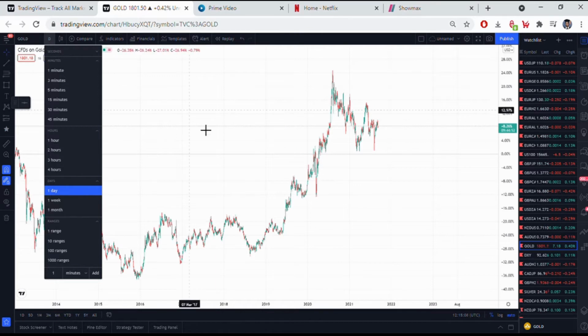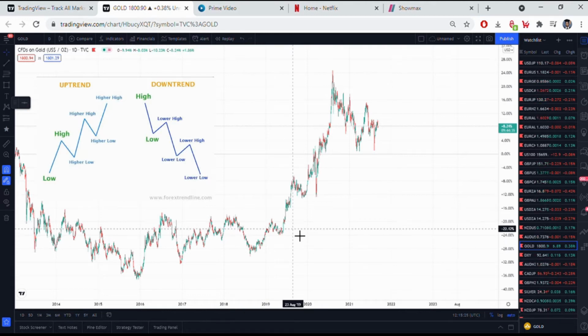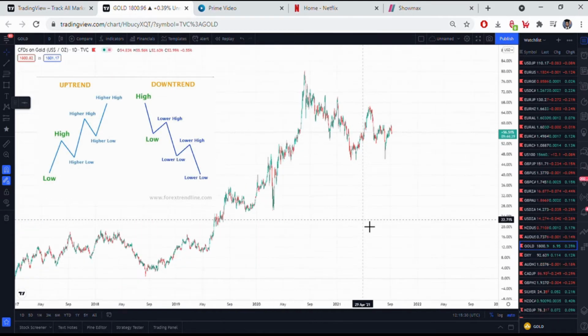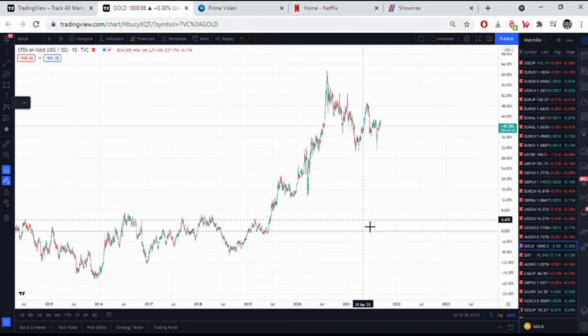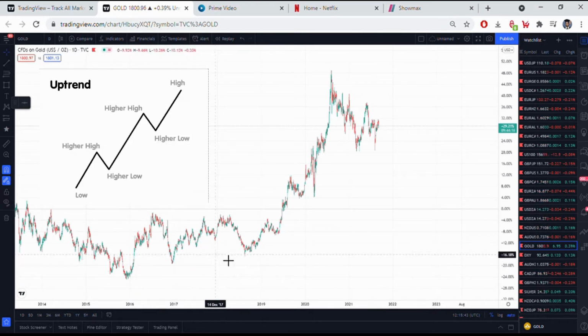Now, I've been following gold since last year August. Yes, it was last year July when it started dropping. First thing I do when I do my analysis is looking at the trends, where the market is going, the market behavior. When you zoom out, you can tell the lowest point the market has reached since 2016 was in 2016. And ever since then, the market has never reached a lower low. It's been on an uptrend, which means people have been looking for buying analysis. But bear in mind that this is a daily chart.